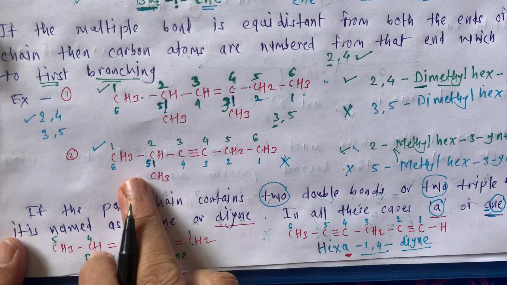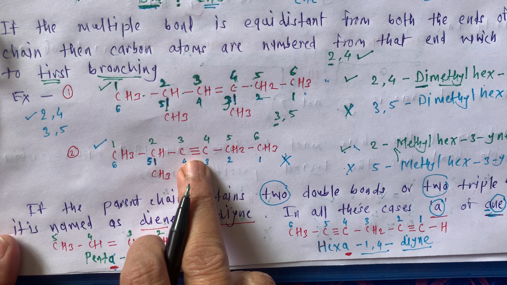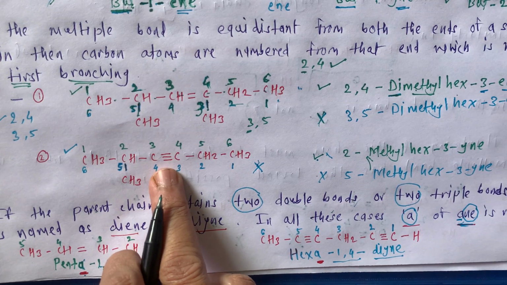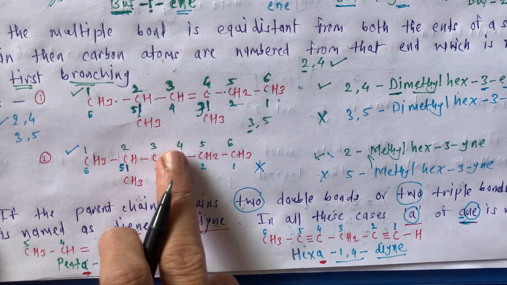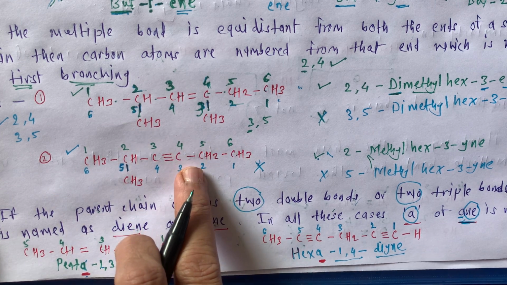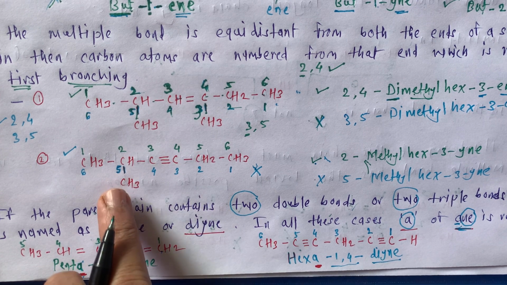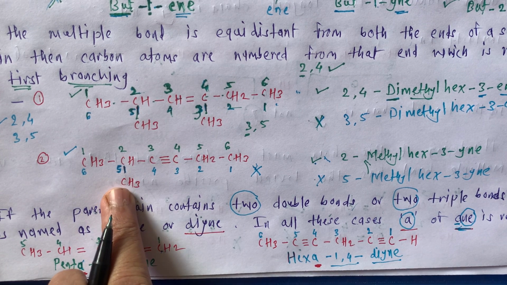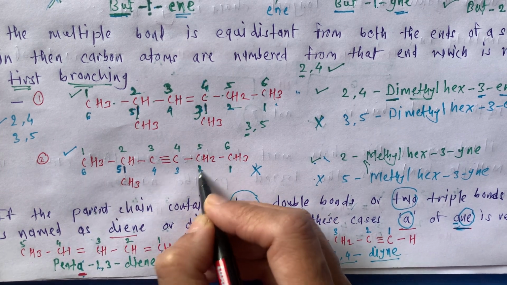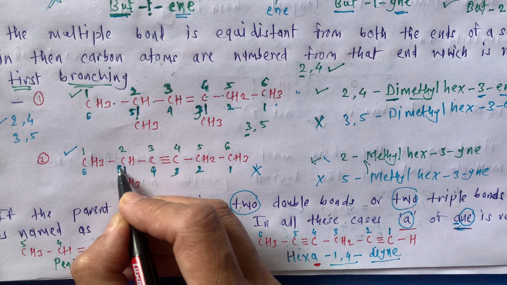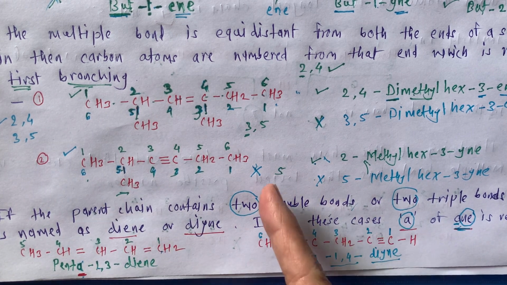See now, another example. Now here is a triple bond, so this is an example of an alkyne. So ane is going to be replaced by yne. How many carbons are there? 1, 2, 3, 4, 5, 6. So again this is a derivative of hexane, with a triple bond, so it will be hexyne. Now here there is only one branch. See now, if you number from this side, 1, 2, 3, 4, 5, 6, this is at the 5th position if you number this way.